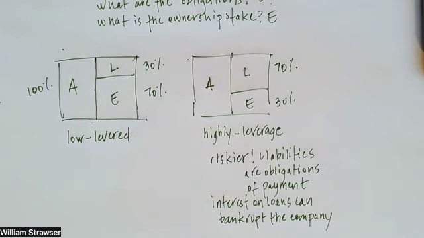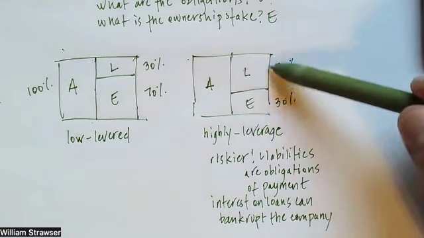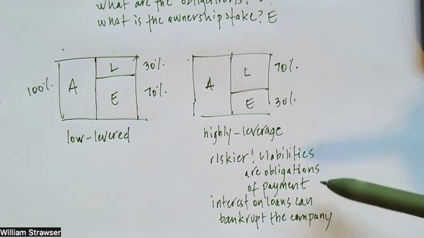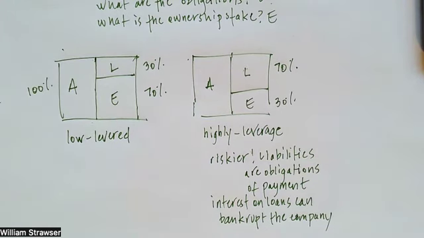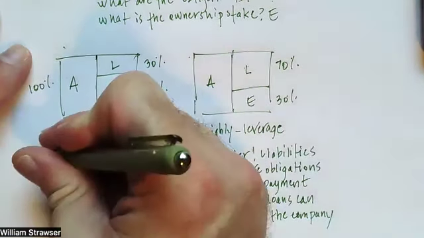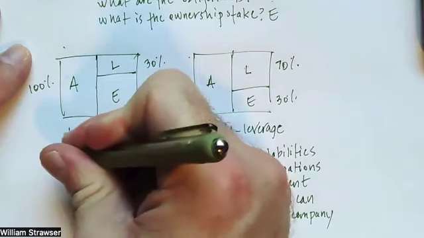But nonetheless, a company that has taken on too many liabilities and cannot pay interest may eventually need to seek bankruptcy, and that creates a lot of credit risk. Low levered companies are less risky from a credit risk perspective,